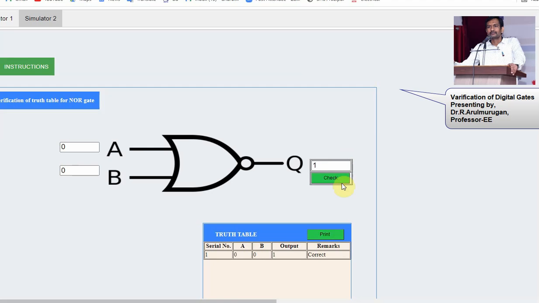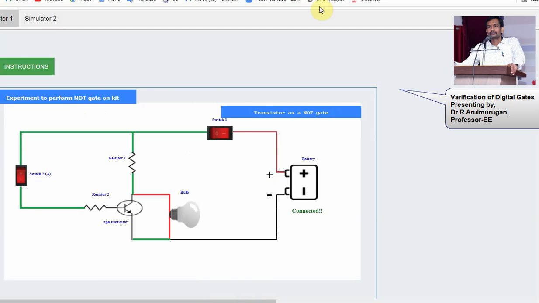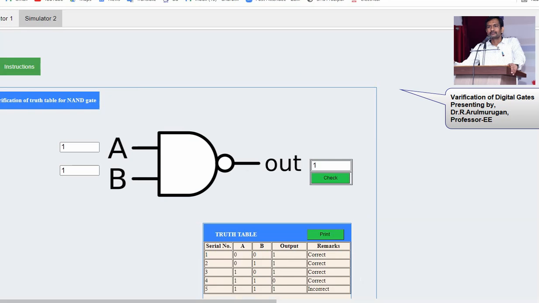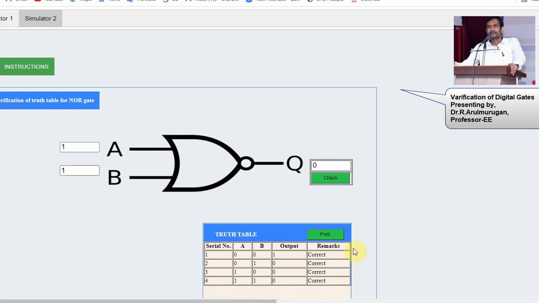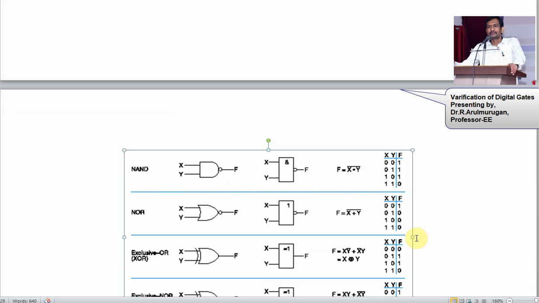1. Correct. Then 0 1, output is 0. 1 0, output is 0. 1 1, output is 0. That's all. This is the truth table. So this is the truth table for the NOR gate. NOR gate truth table. So this is about the NAND gate and NOR gate. Next one,